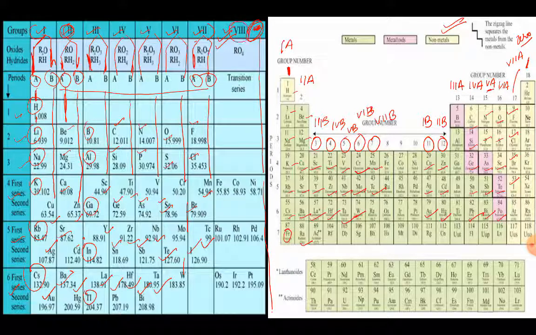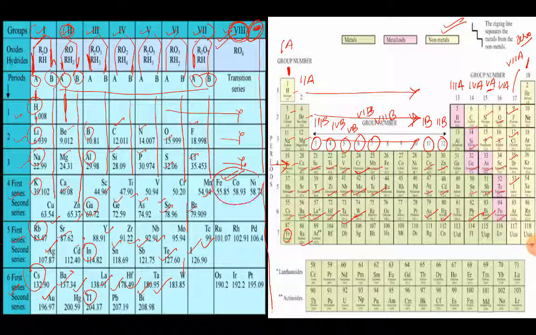Now if we move on to the 8th group of the Mendeleev periodic table, so in the first, second and third period, right, there were no elements. So now just see that the first is empty, second is empty and third is also empty. They are starting from the fourth period. So this is the fourth period, and in the fourth period we have iron, cobalt and nickel. So 8th, 9th and 10th of the modern periodic table is actually that triad.